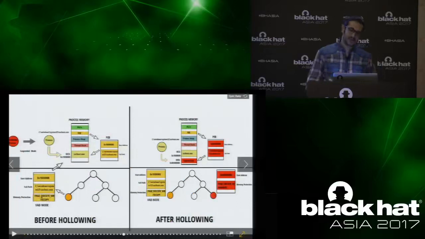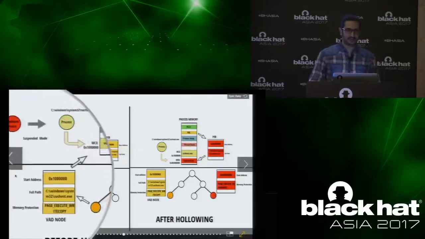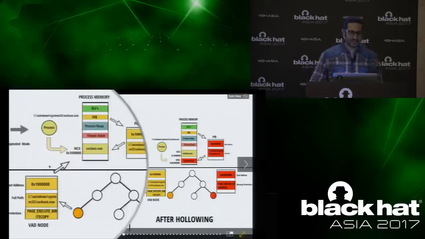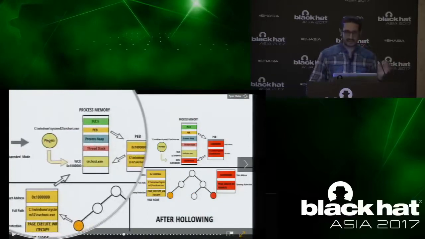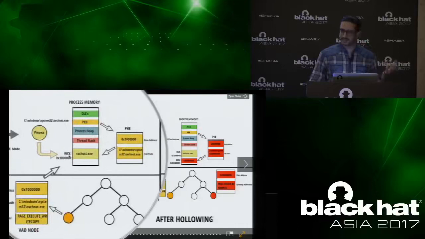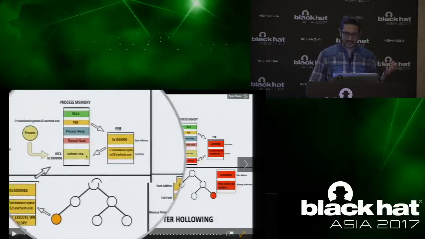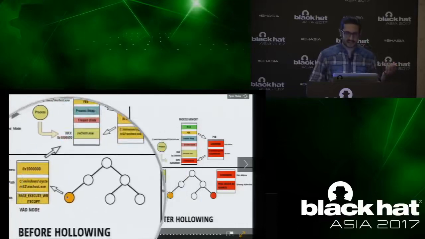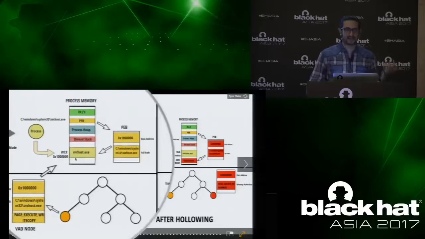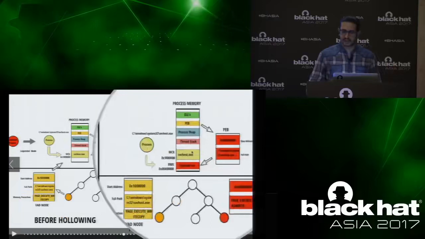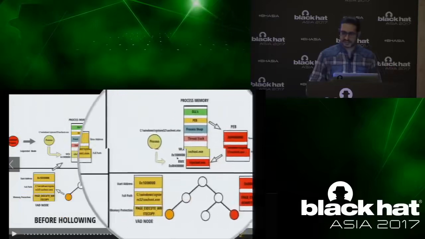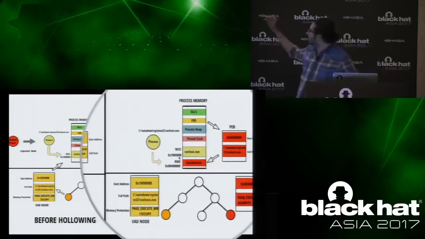To show you what happened, this diagram should help you understand what exactly happened. The malware process created svchost.exe in the suspended mode. It was normally loaded, because of which it has a write copy protection. The PEB is initially pointing here. The path is this. There's a VAD node that is representing this section of memory. And then I told you that it did not hollow out this section of memory, which means at this address, there is still a suspended executable.